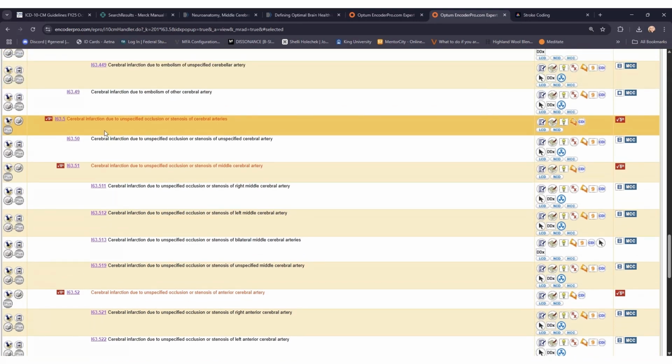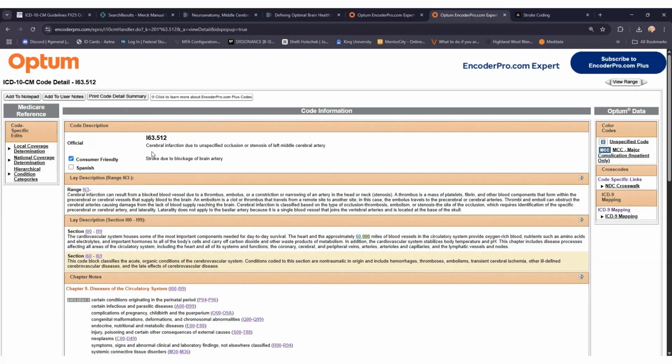I-63.5. So this one here has been highlighted in this yellow color and lets me know where I'm at. I'm going to look for the words left middle cerebral artery, which is here. So it's I-63.512, cerebral infarction due to unspecified occlusion or stenosis of the left middle cerebral artery. Now, there's some great information here that's provided to you about describing this condition a little bit more. So if you're not familiar with stroke coding, this is some great information if you have access to Encoder